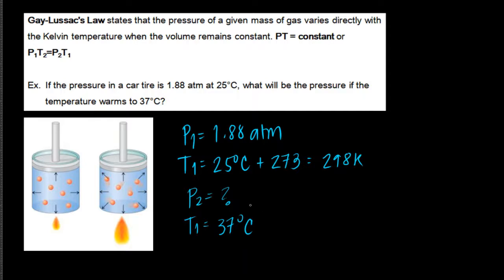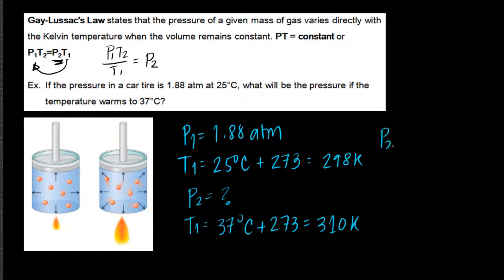So, wala man na hambal nga additional. So, we just know that it's 37 degrees Celsius. No problem, just add 273 to convert it to Kelvin. 273 plus 37 gives us 310 Kelvin. Okay. So, what we want is for P2 to remain in this equation. So, si T1, transpose natin sa piyak. Our new equation is P1 T2 over T1 equals P2. Okay. So, P2 equals,